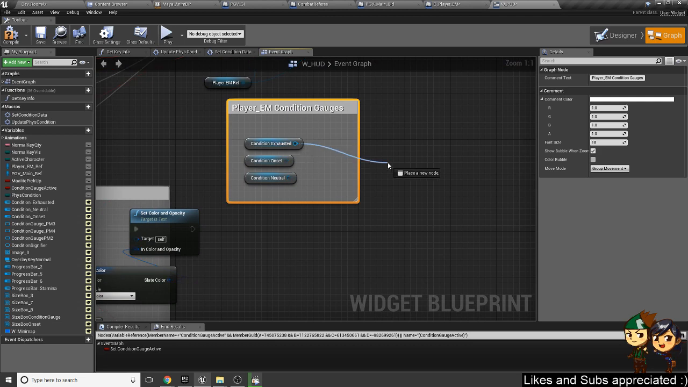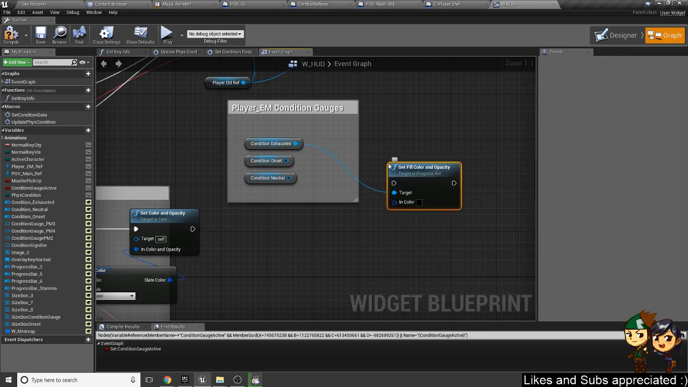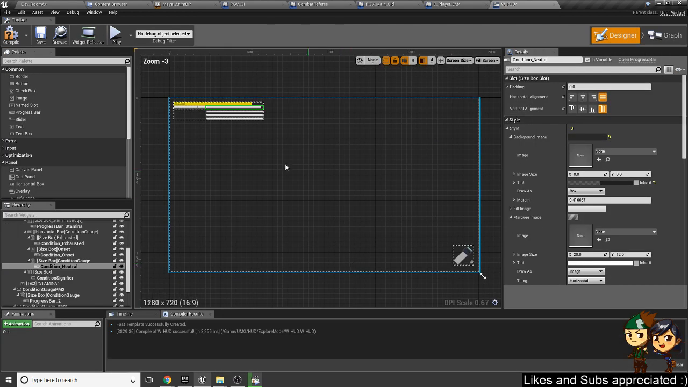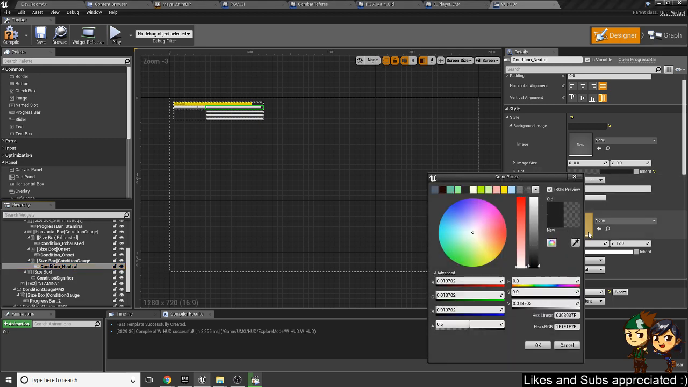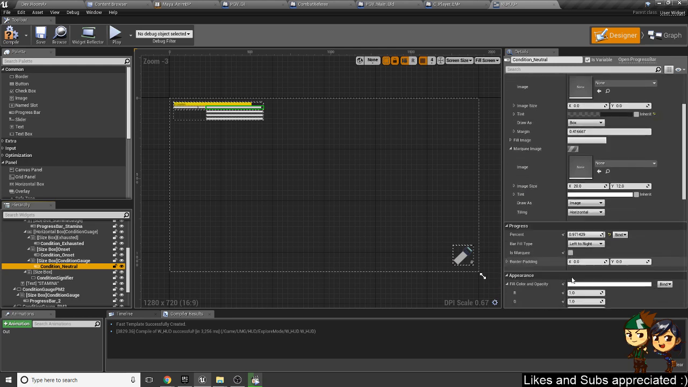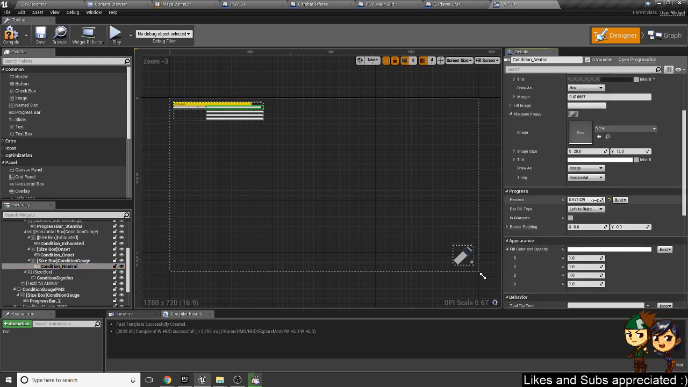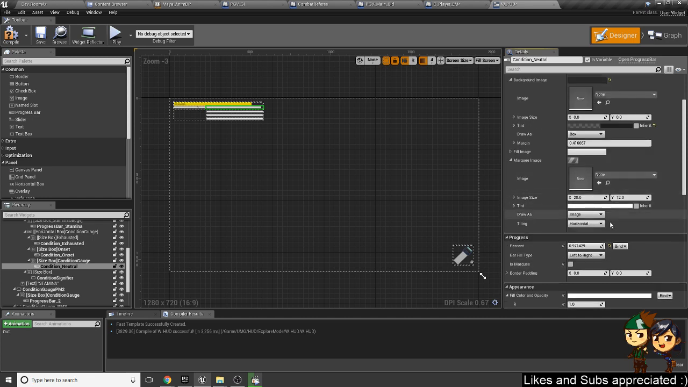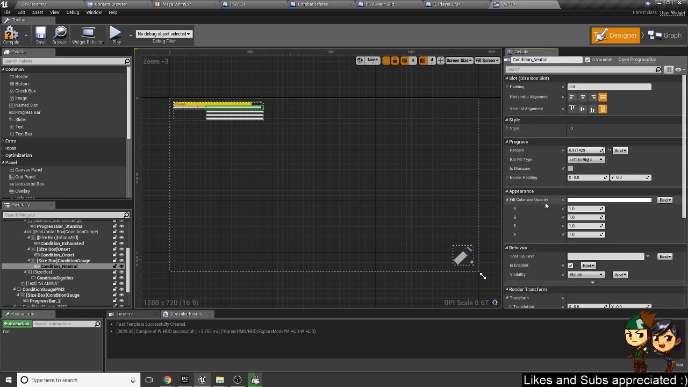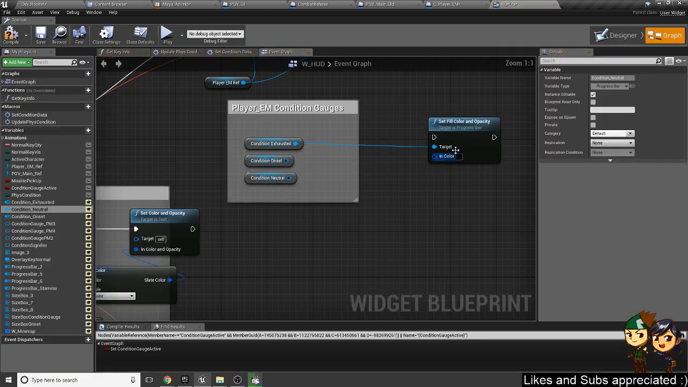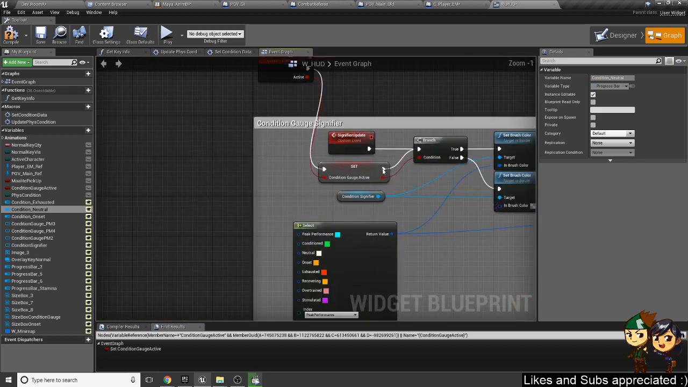Now, set fill color. Target is progress bar. That is correct. Right. Tint. Yeah, full color and opacity. Okay, so that is correct. So, in terms of initializing,